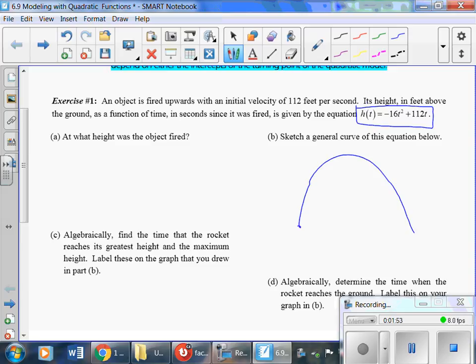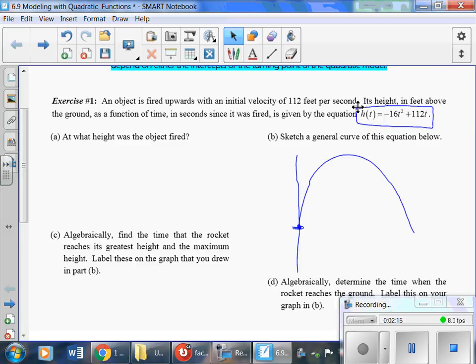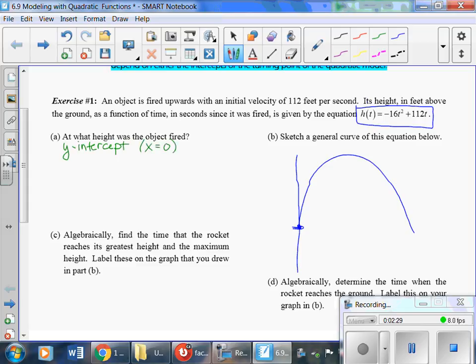So basically, we're saying that somewhere, just like in the physics, we did not actually fire it from ground level. We had some point where we fired it. Now that's a really bad y-axis. Let me see if I can move it over. I can, a little bit. There we go. So at one point we fired it and it's above the ground. So what they're asking for here, like I said, flip the question, is: what is the y-intercept? So we know the y-intercept is when x is equal to 0. But you should also remember, it's also